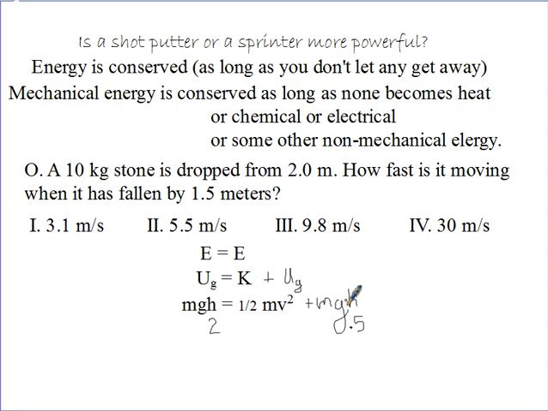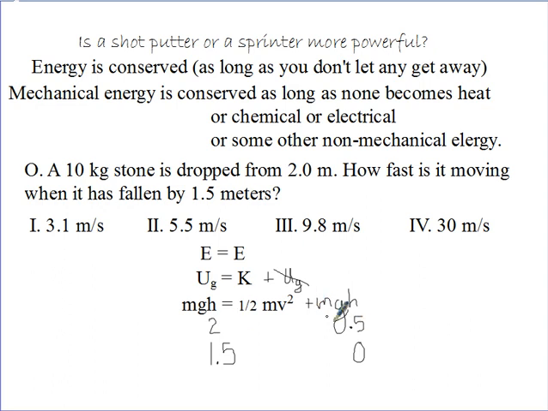But note, it would also be possible to choose as your 0 height this place right here. After it had fallen 1.5, that is when it is 0.5 up. Well, in that case, you could put in for h 1.5. And then what you would put in for h over here would be 0. That is, there would be no gravitational energy when it is at that height. And then you would have this problem set up the way I had it set up previously.